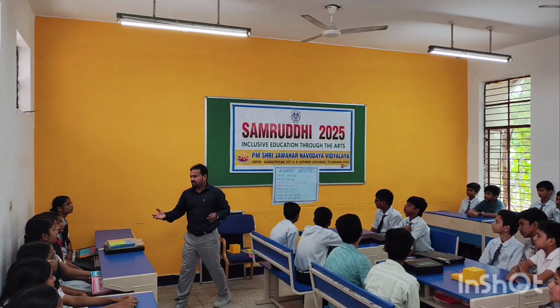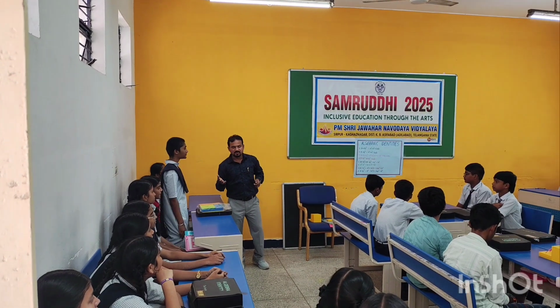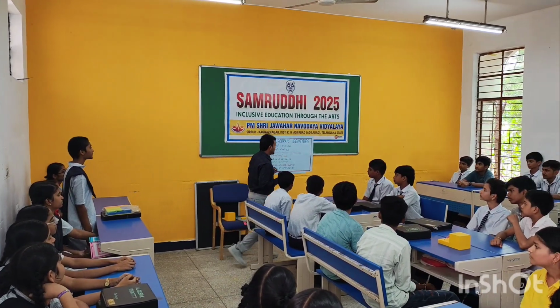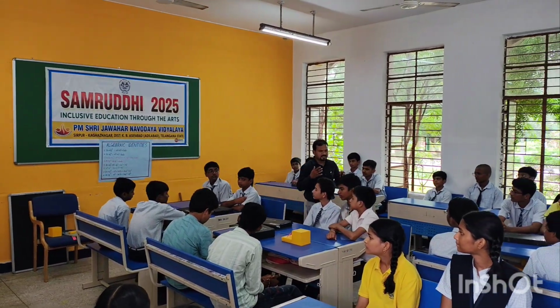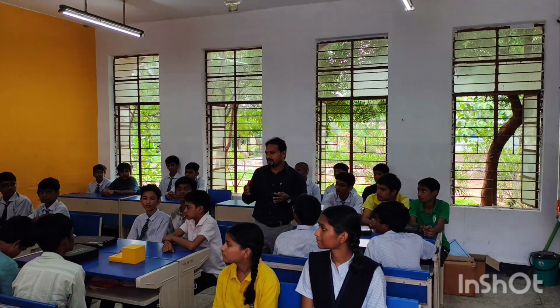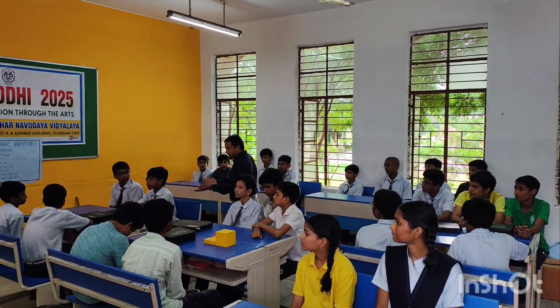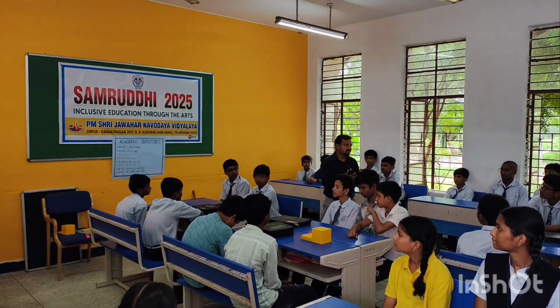Just Arpita, one identity which you have studied: a plus b whole square is equal to a square plus b square plus 2ab. Here we are going to study the geometrical meaning of algebraic identities, that is, how we are going to represent the algebraic identities geometrically. That's what we are going to discuss.